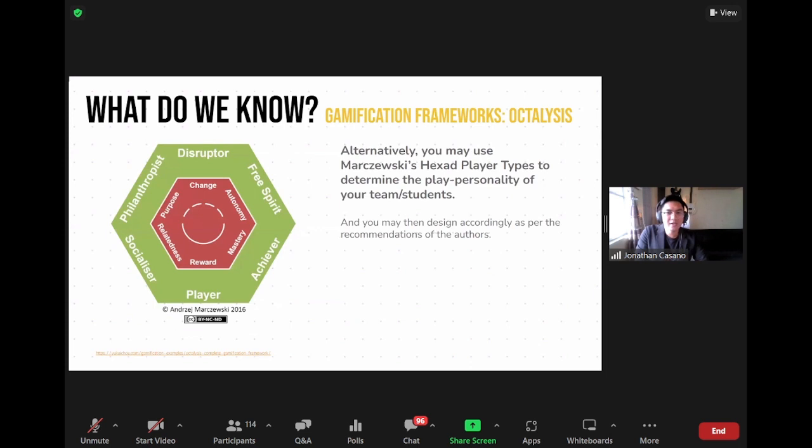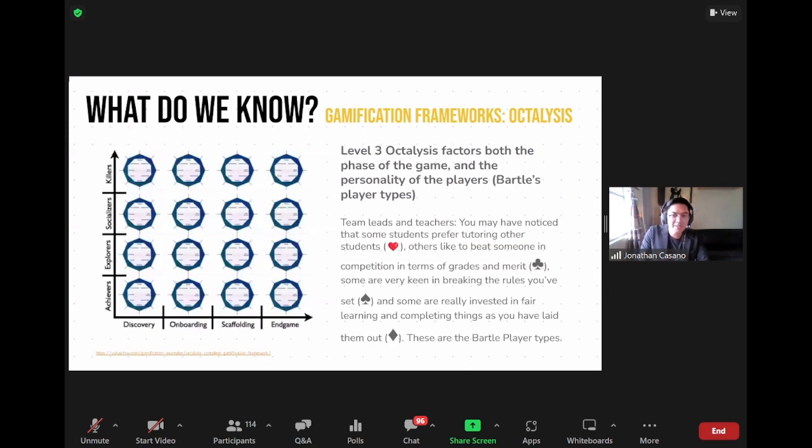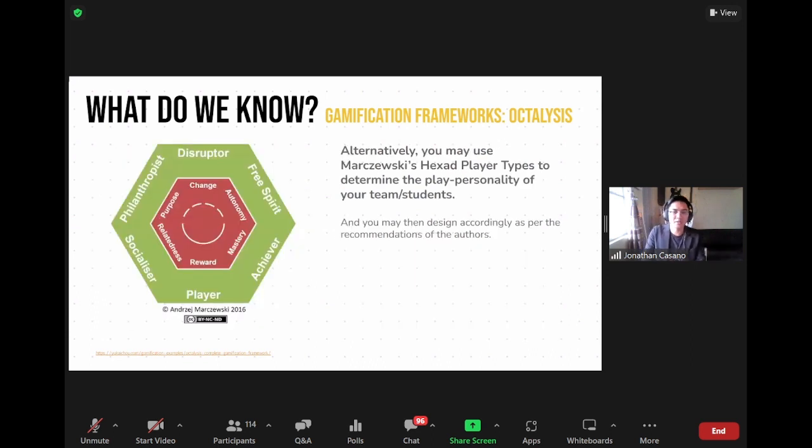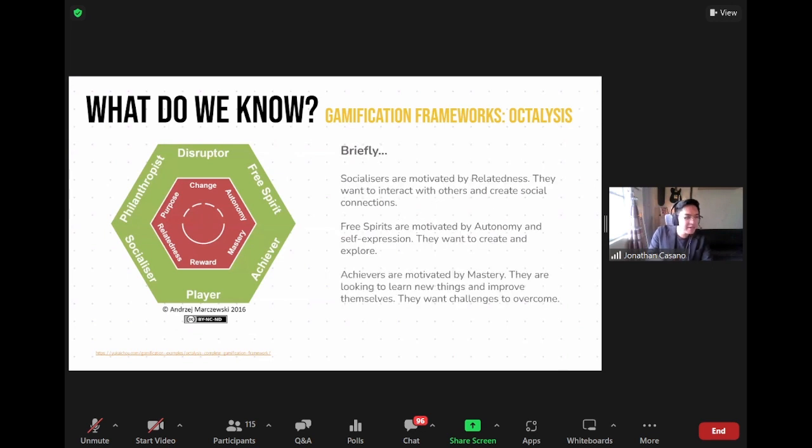Alternatively, there are yung Bartle player types kasi is just one. It's just one thing that you can use to know the player type of your students, teammates. There's something that we used extensively. This is Marczewski's hexad player types to determine the play personality of your team or students. You can just use it in lieu of Bartle's. But very briefly, ito naman, he extended the Bartle player types in a way and said that there are 6